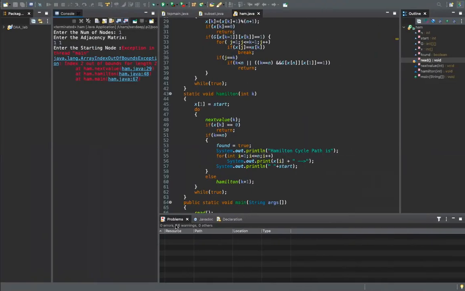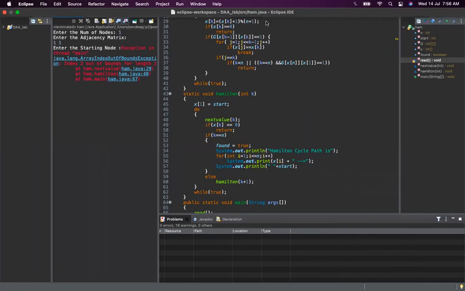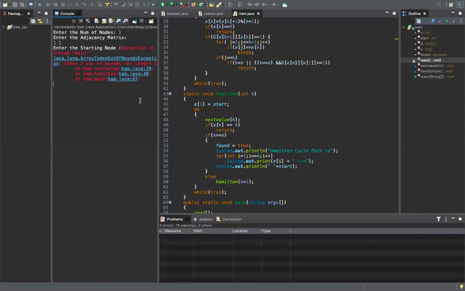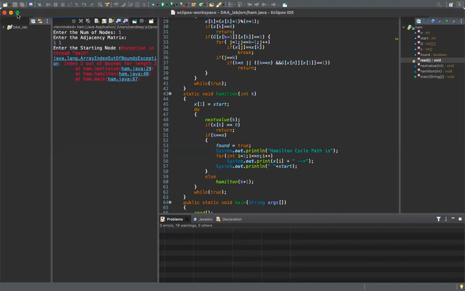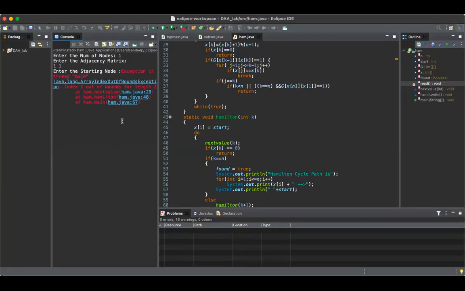I'll just open the program. So this is the program.